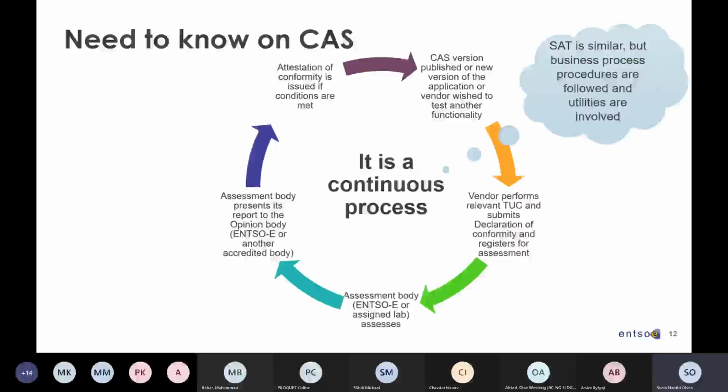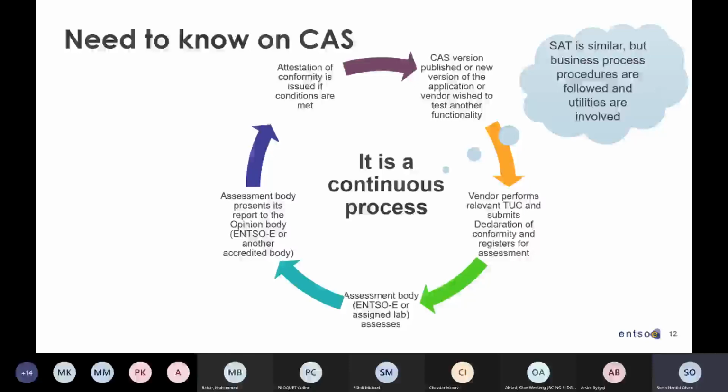The idea here is that the support for the CAS is a continuous process, where we have a CAS version published, a new version of the application is initialized, the vendor performs the relevant test use cases and submits a declaration of conformity, and also registers for assessment.